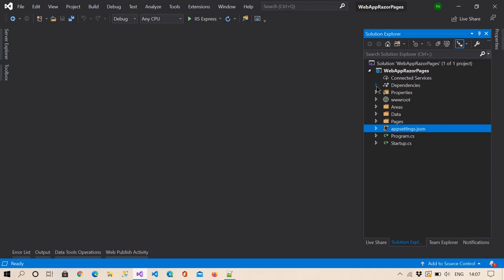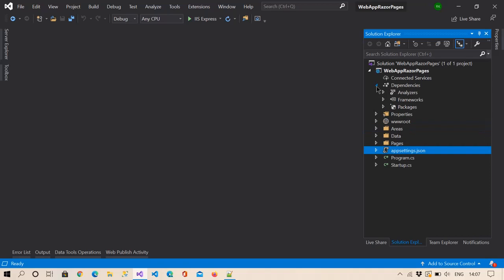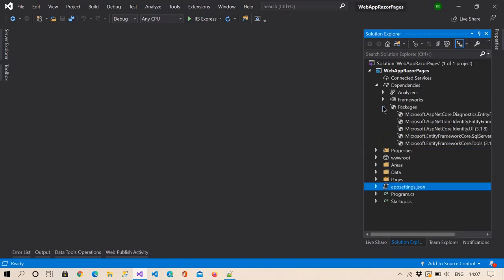from Visual Studio. Here you can see these are the dependencies, like analyzers. Here is the framework for .NET Core, and here are the packages. Packages related to identity are already installed.